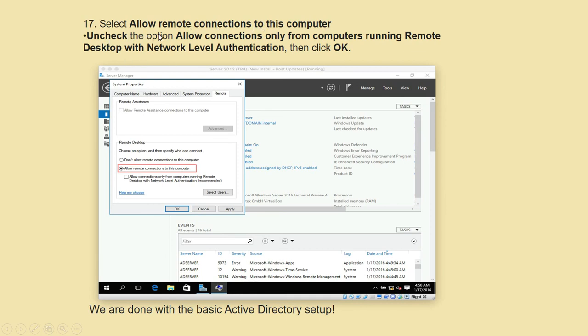Uncheck the option Allow connections only from computers running Remote Desktop with Network Level Authentication. Then click OK. Now we are done with a basic Active Directory setup.